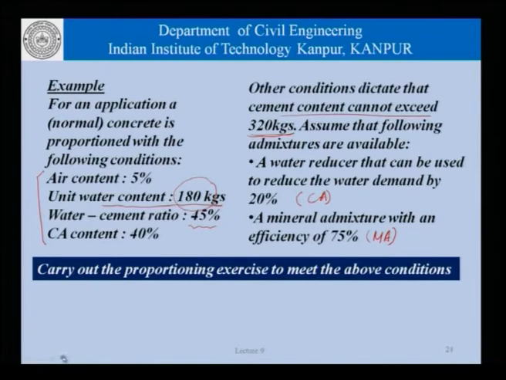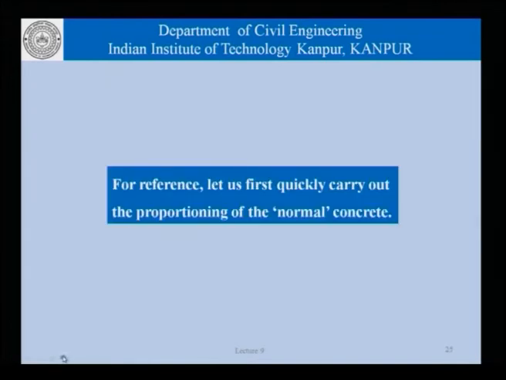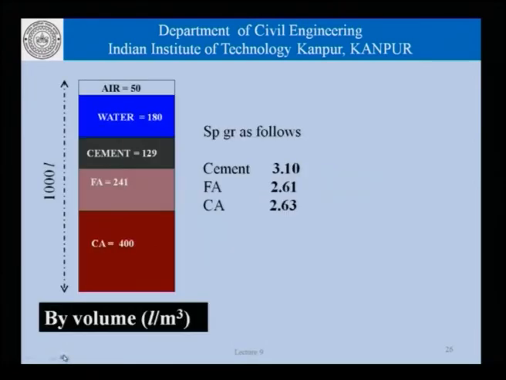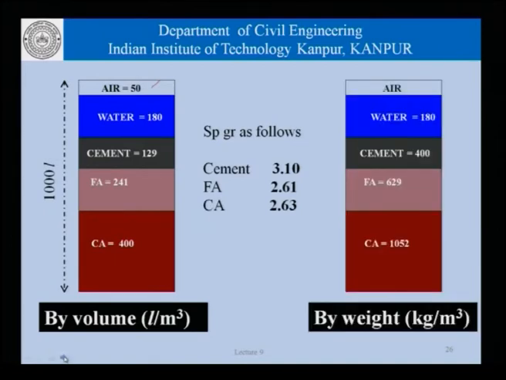and of course, we have these options in terms of chemical admixtures and mineral admixtures available to us. Just for reference, let us first quickly carry out the proportioning of the concrete as if it was a normal concrete, and what we will end up doing is that we have a 5% air, 5% air means 50 liters. If we look at the mass, it is like this. We have air to be 50 liters, water to be 180 liters or 180 kgs, 45% of water cement ratio gives us 400 kgs, 400 kgs gives 129 liters, and given the fact that the coarse aggregate is